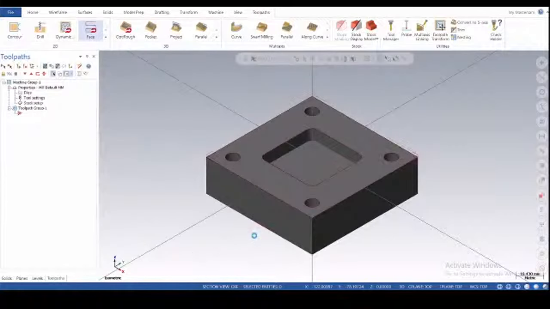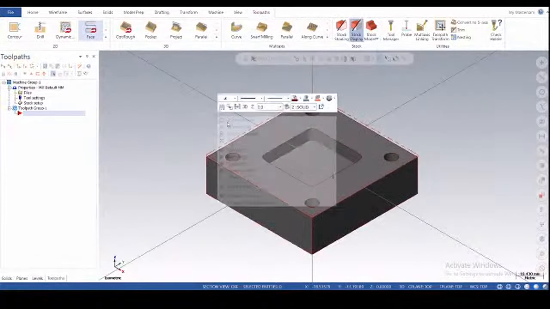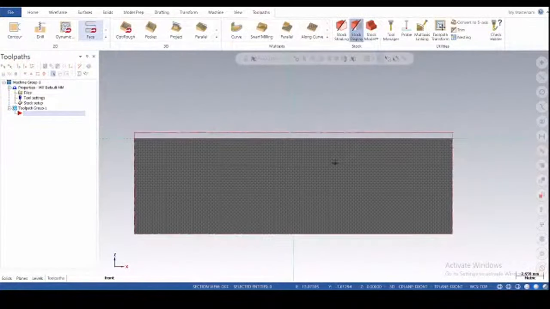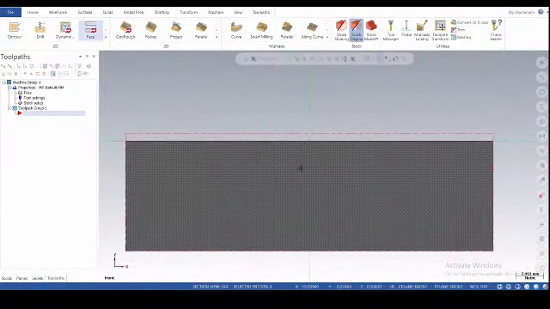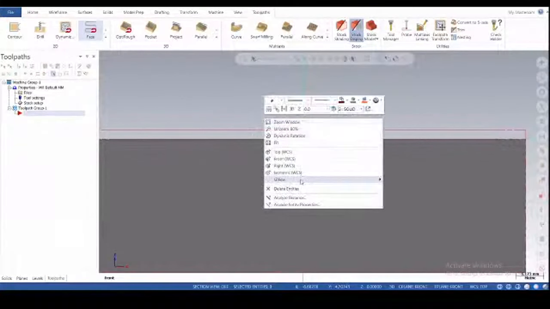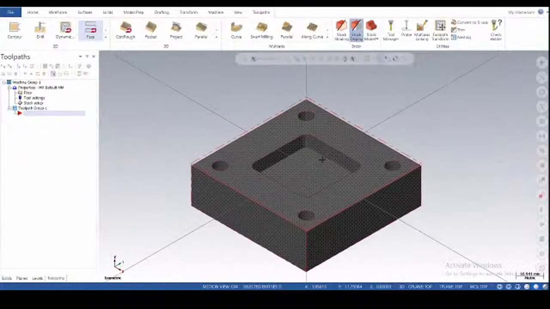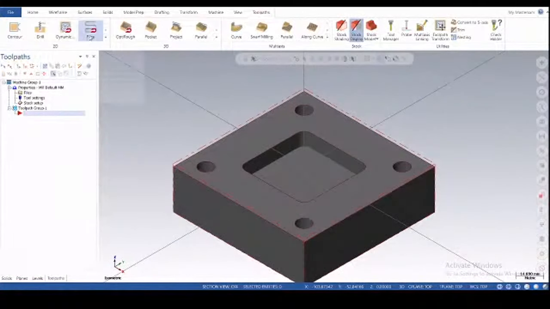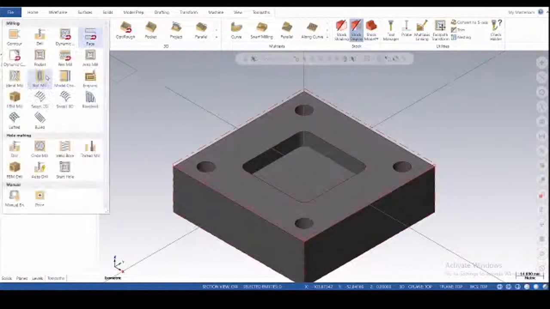Okay, I have given that and displayed it. After that click on OK. After OK, you will get the wireframe stock. Okay, this is our extra Z value of 2 mm. And after that, go for the operation from 2D toolpaths. Here you will get many toolpaths like contour, drill, dynamic mill, facing, dynamic contour, pocket, fill mill. There are various types of toolpath in 2D.